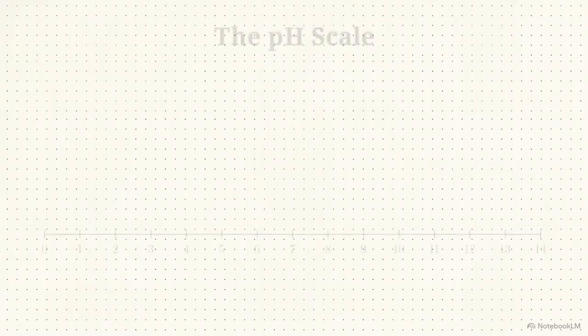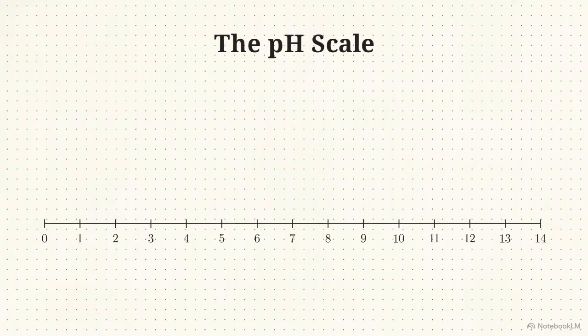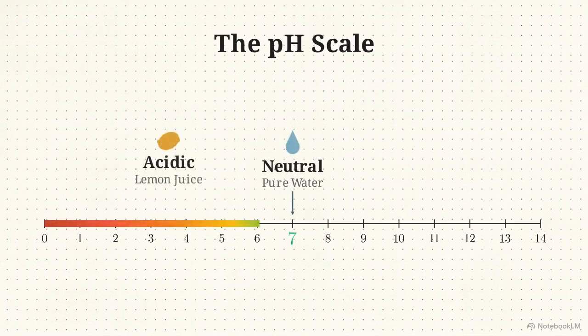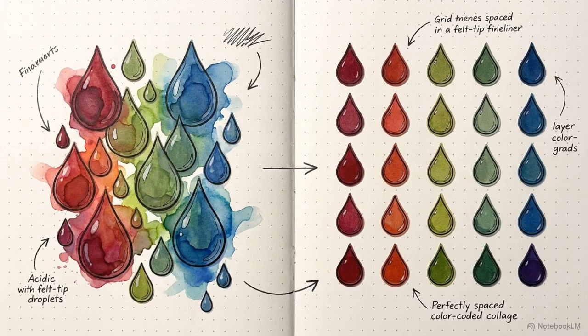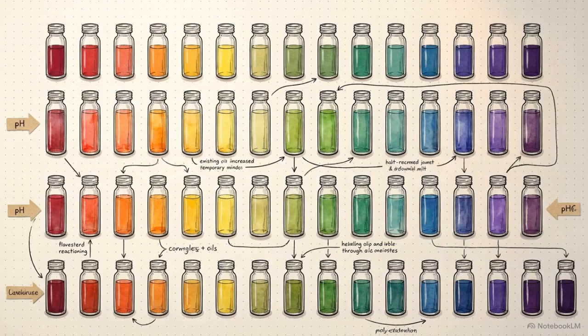This timeline is the pH scale, a spectrum ranging from 0 to 14. At exactly 7, a substance like pure water is neutral. Values below 7 are acidic, like lemon juice. Values above 7 are alkaline, or basic, like common soaps. This scale organizes the chaotic properties of matter into a predictable mathematical range, allowing us to map the chemical makeup